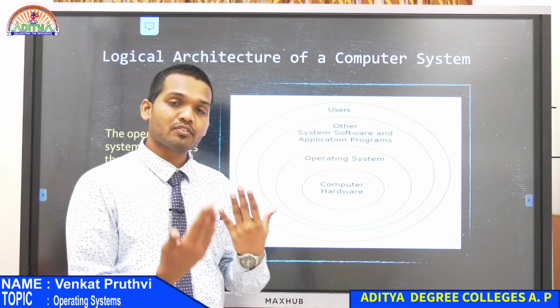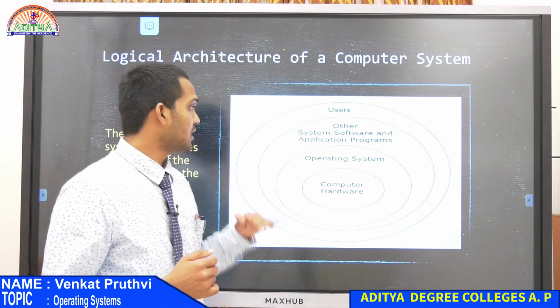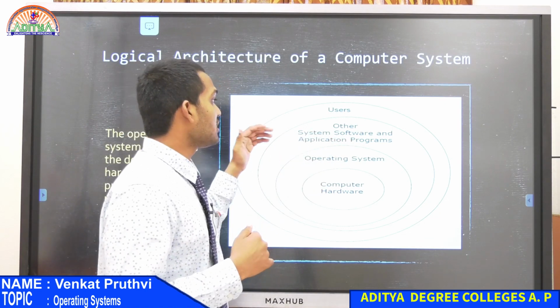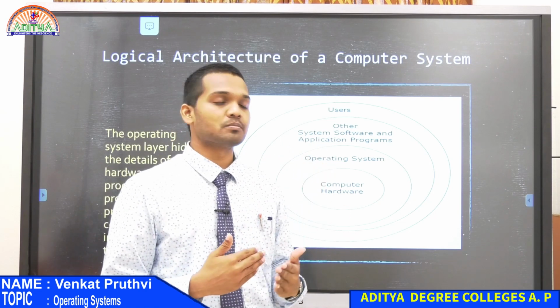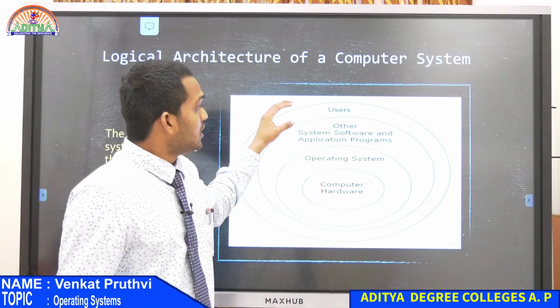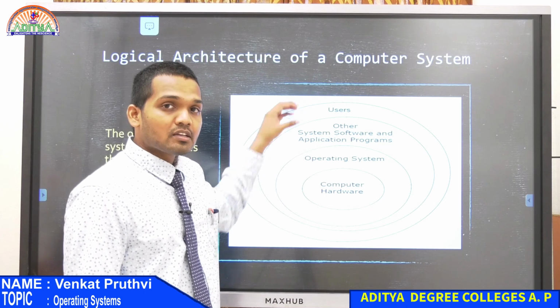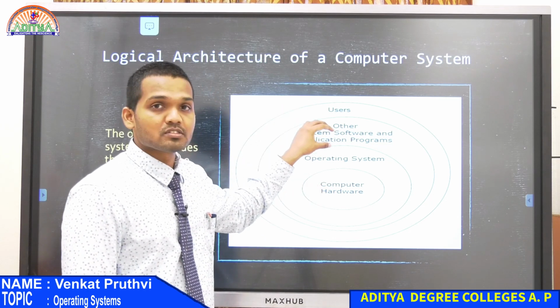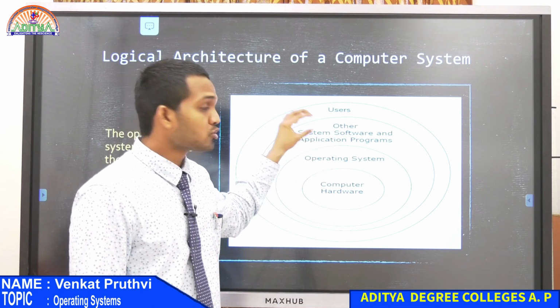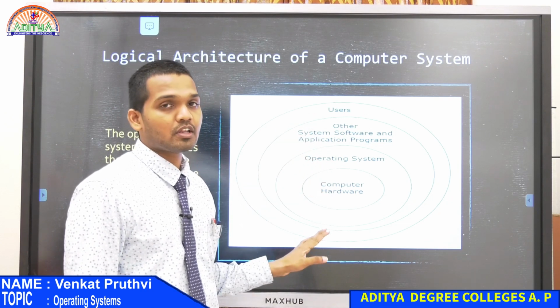Whatever tools or software that you load onto your computer system, they are all application software, and your system software is something that is related to your system. Okay. Now the user gives a task or a process to the computer hardware from this system software or application programs through the operating system. That is what you have to understand.